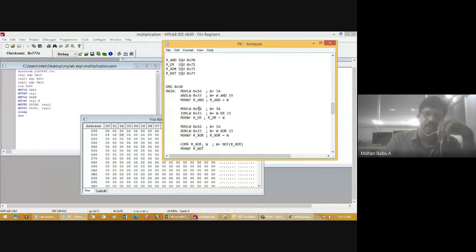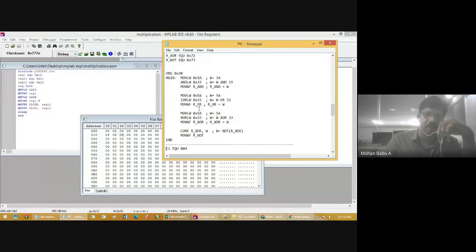Logical operator. Logical means, you know very well, performing logical AND, logical OR, logical XOR and complement. AND will perform the multiplication. OR means logical add operation. And XOR, you know very well what is XOR. And the complement means if you give the input as 1, the output will be 0. That is a complement. This is the program code for the logical AND operation.